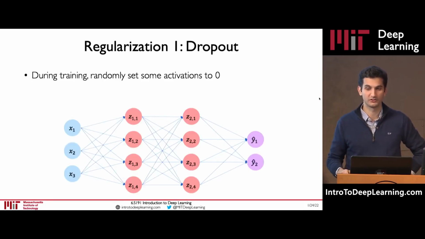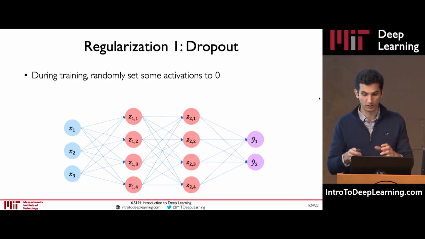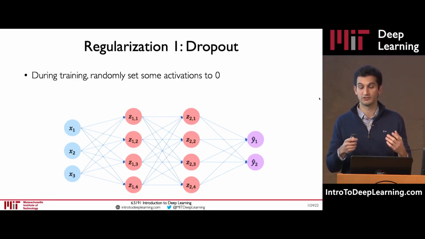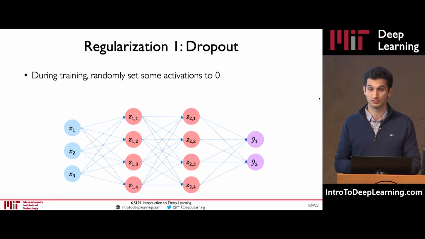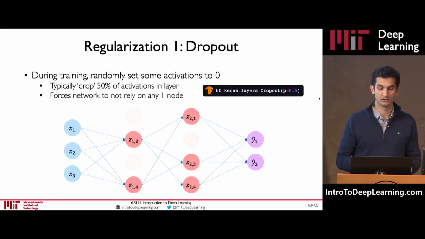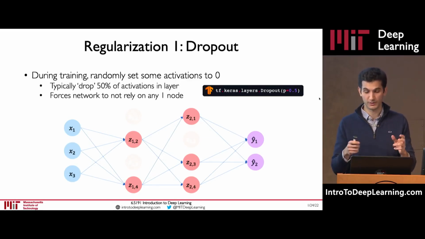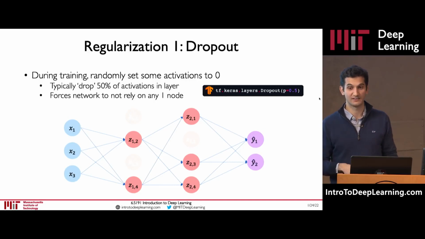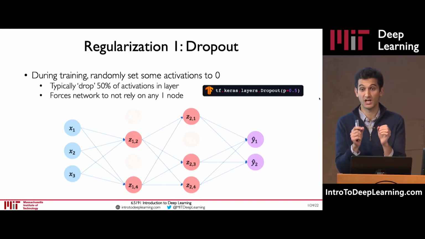So the most popular regularization technique for deep learning is a very simple idea of dropout. Let's revisit this picture of a neural network that we started with in the beginning of this class. In dropout, during training, we're going to randomly drop and set some of the activations in this neural network in the hidden layer to 0 with some probability. Let's say we drop out 50% of the neurons. We randomly pick 50% of neurons. That means that their activations now are all set to 0, and we force the network to not rely on